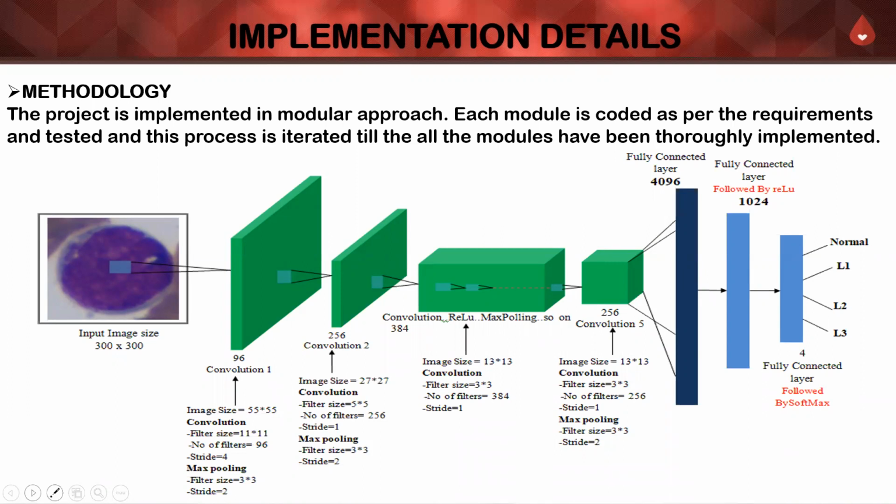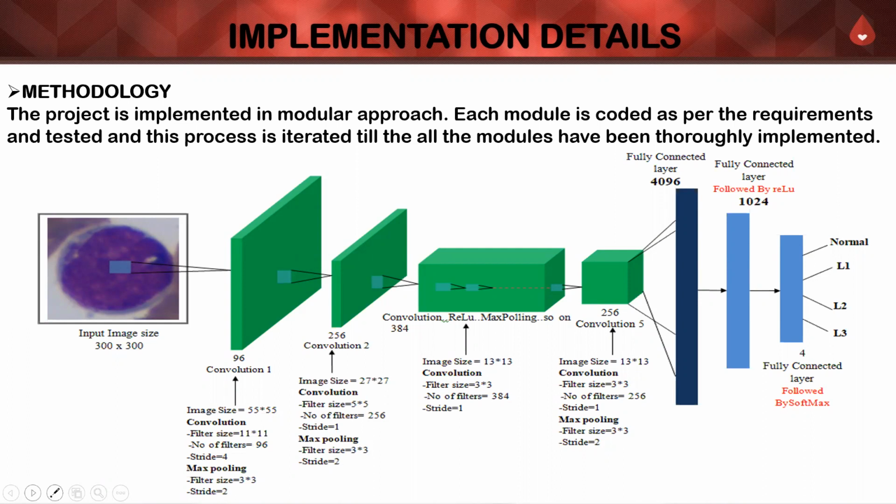Then the data augmentation step. To increase the diversity of data available for training the model, we are using a data augmentation technique. In the data augmentation step, the following steps are applied: denoising, edge detection, and rotation of the image by 30° and 60°. Denoising is a technique of removing noise or distortion from an image. Edge detection is a method of segmenting an image into regions of discontinuity. This step is done before the feature extraction step.